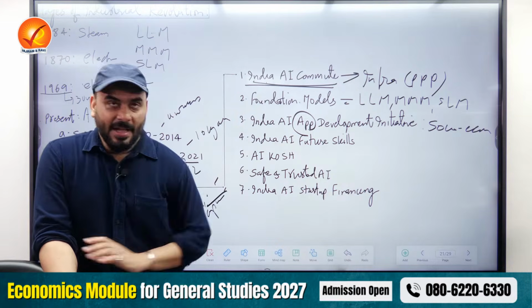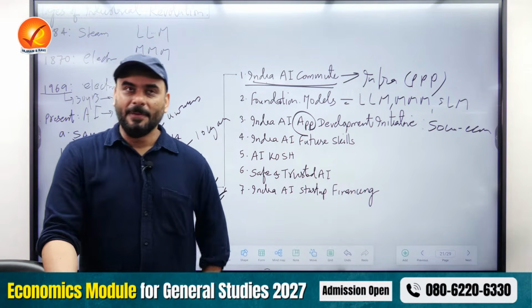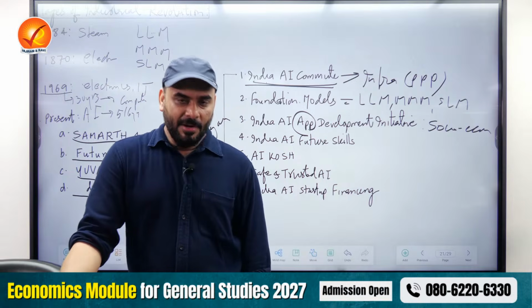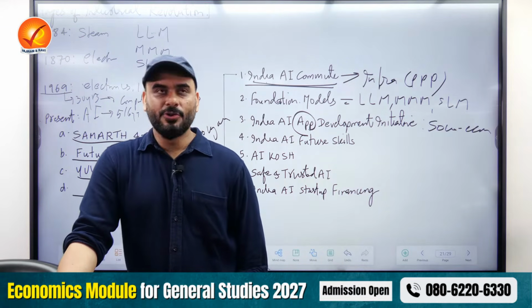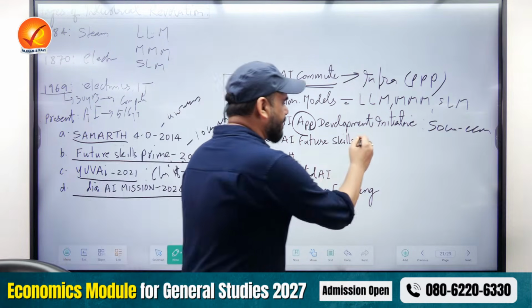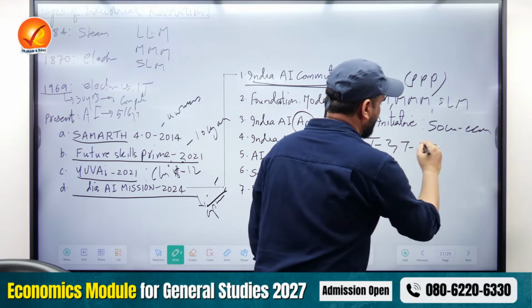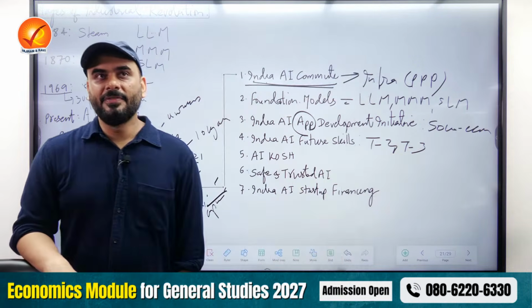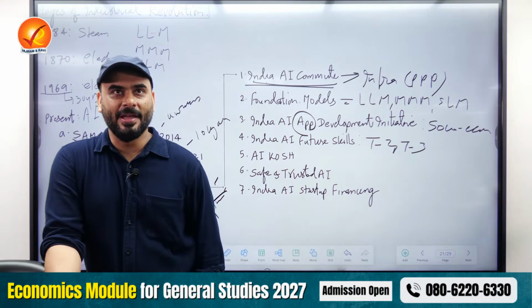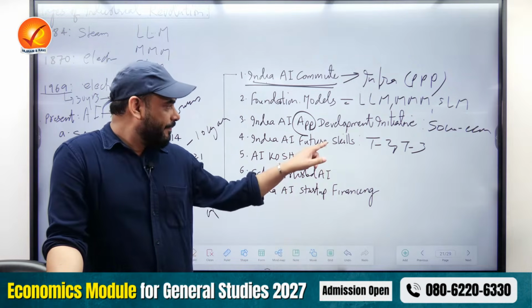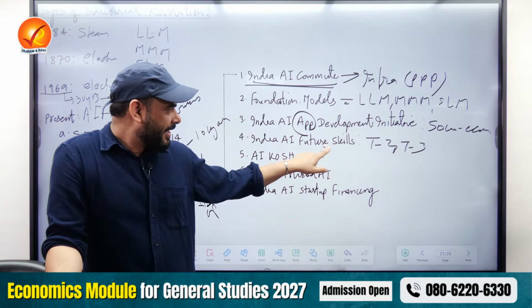The next is India AI Future Skill. The name is Future Skill. So bacho, don't you feel that people who live in metros have more access to AI? So don't you feel that we should go to tier 2 cities, tier 3 cities and small towns so that we can train the youth related to AI? Yes. So this is the next component, which is India AI Future Skill.